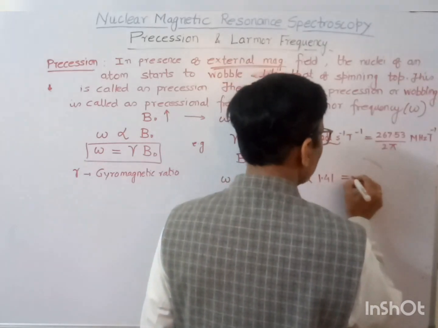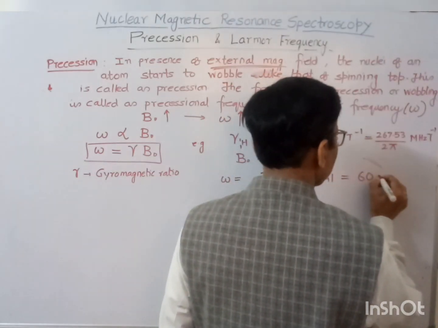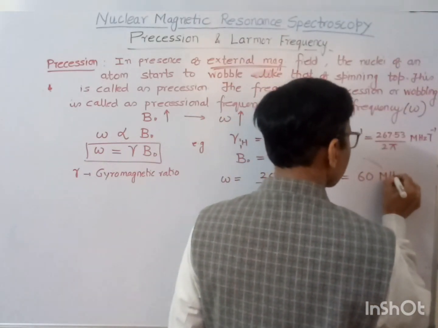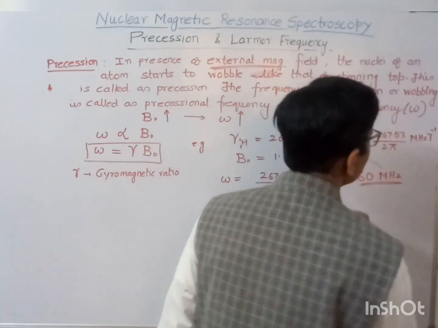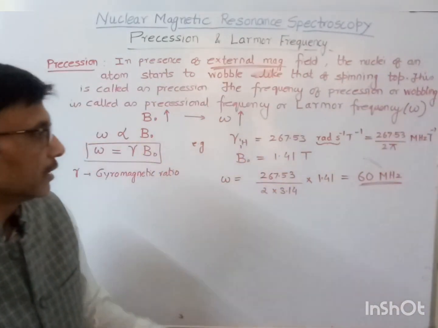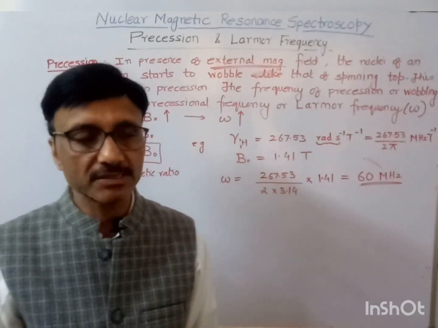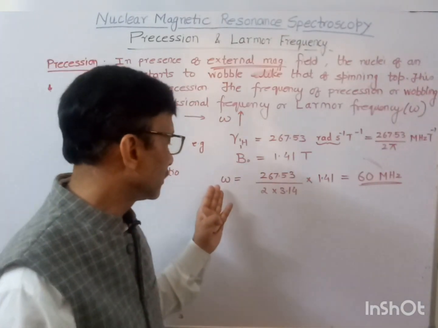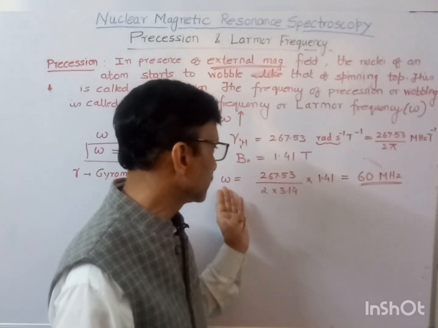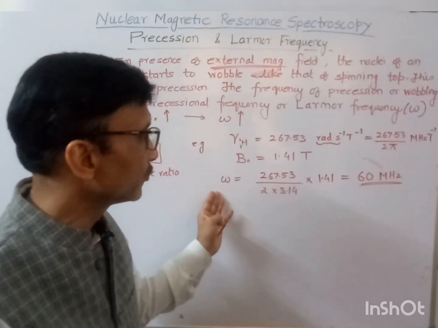So this comes out to be 60 megahertz. So if we apply an external magnetic field of 1.41 Tesla, then this frequency, that is the Larmor frequency,